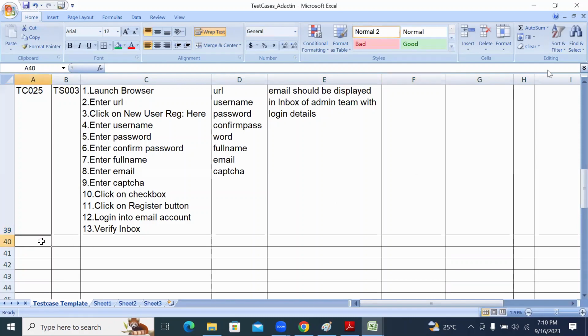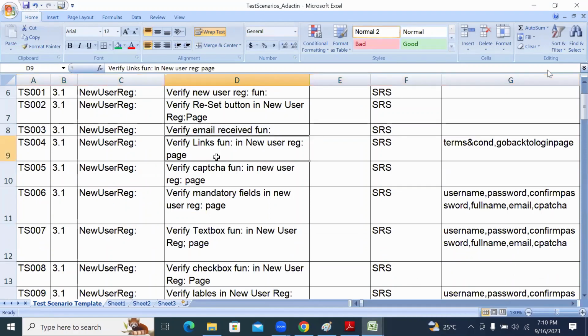So in this way, you guys need to continue writing all the test cases. What is the next scenario? Links. Links we have already written for the login page. That is the reason I started with login, to make it easy to understand. For the login page, how we wrote, you can follow similar things and come up with all the test cases. So now what you guys can do is, you are already having